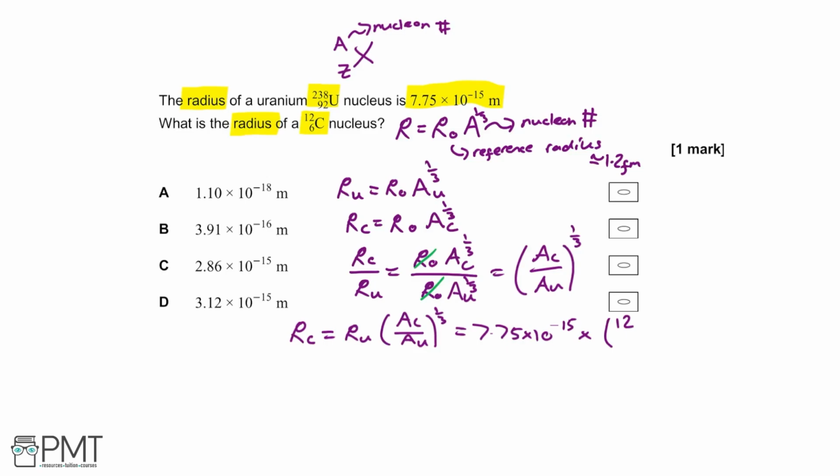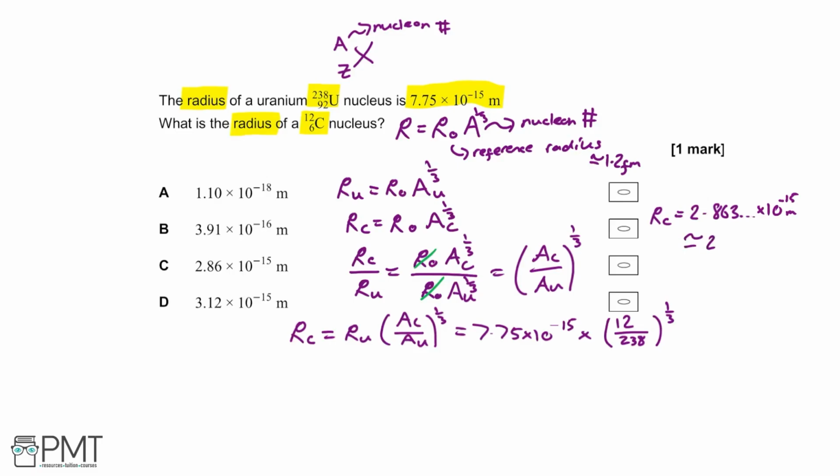So we've got 12 there divided by 238 to the power of a third. Now putting those numbers in, it gives us Rc is equal to 2.863 times 10 to the minus 15 meters,